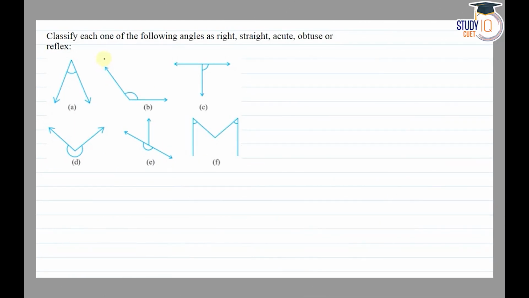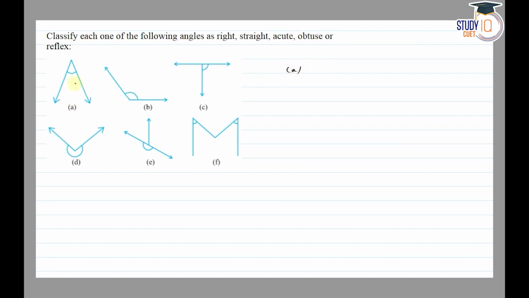Hello everyone, this question appears in Class 6 NCERT chapter of Understanding Elementary Shapes. This is second question of its exercise 5.3. So the question says that classify each one of the following angles as right, straight, acute, obtuse or reflex. So